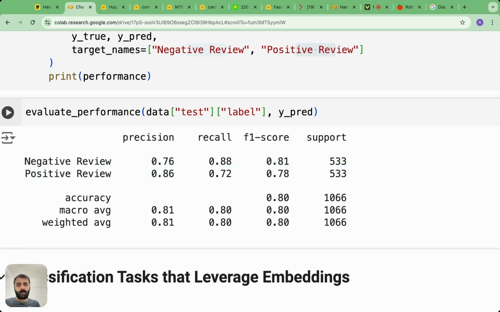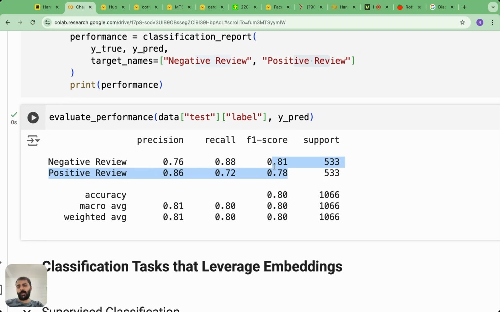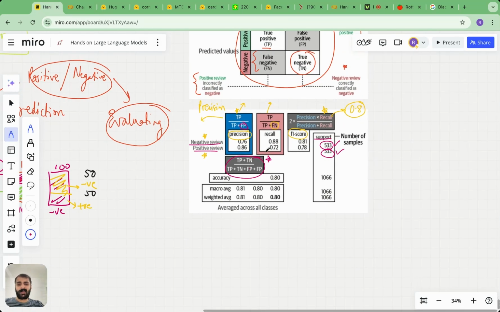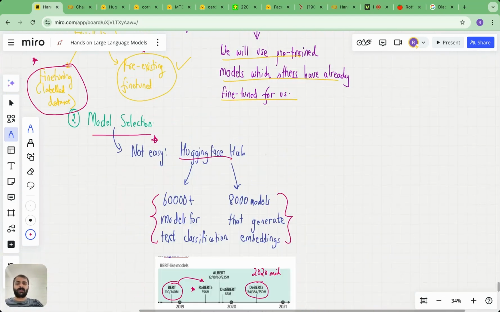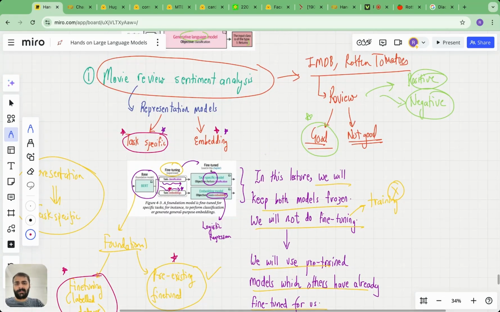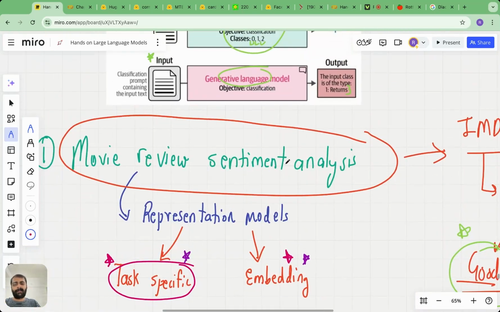But overall, as a whole, the model generally does a good job because the accuracy is 0.8 and the F1 score for both negative and positive reviews is close to 0.8. So I'm very happy with the model performance, especially considering that it's trained on a completely different data, which is the Twitter data. Awesome. So this brings us to the end of this lecture where we used a representation model